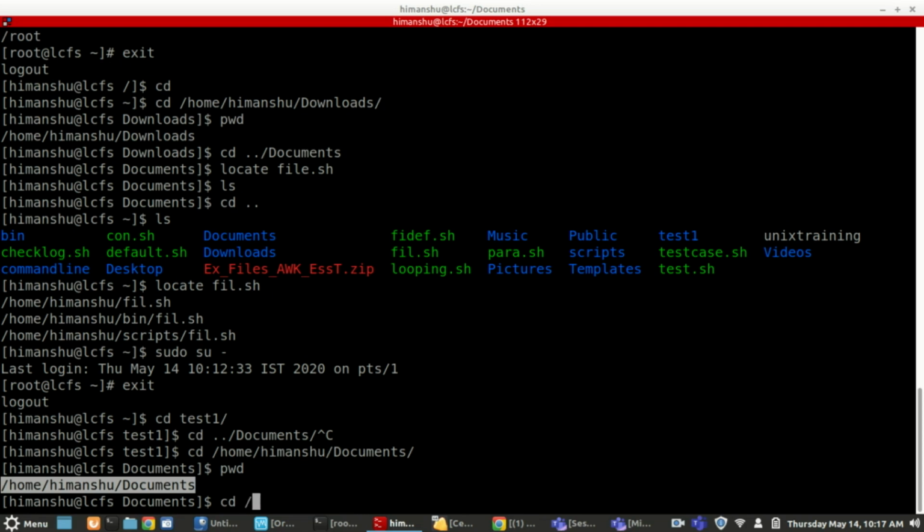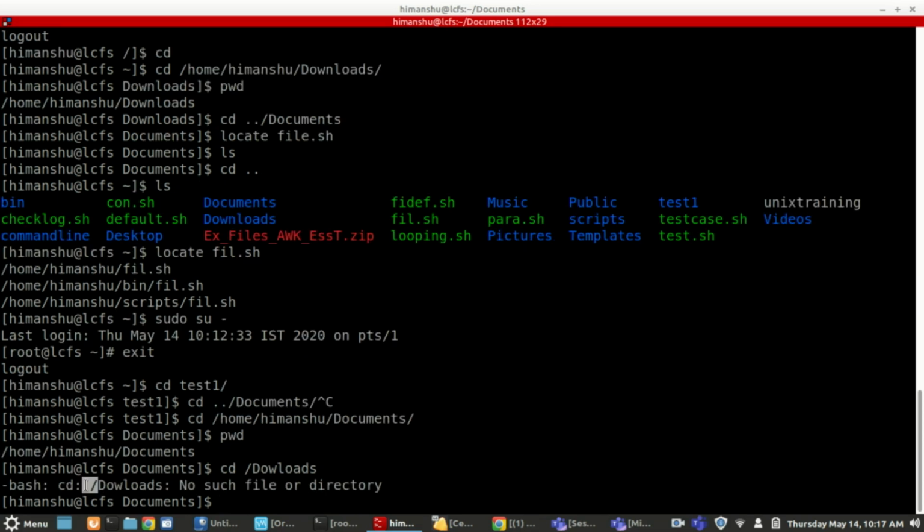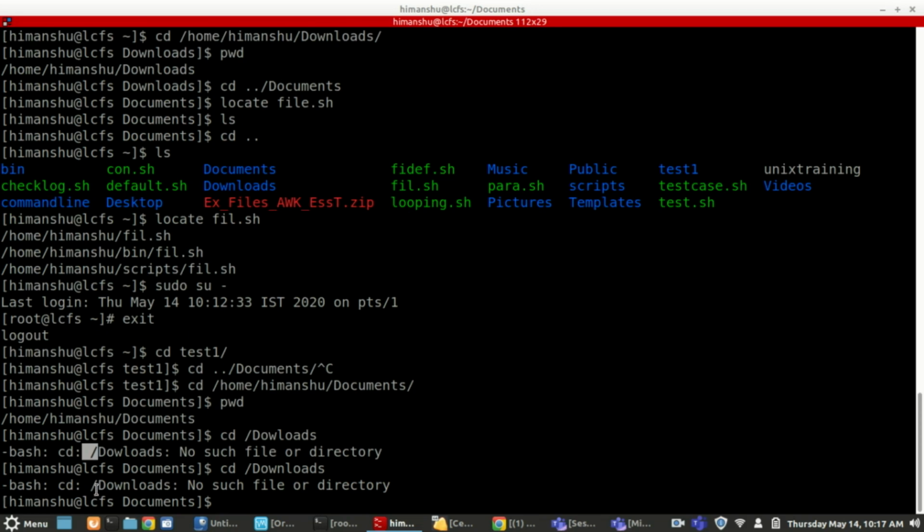If you just do cd downloads, it will search in the root. It will not search in your previous directory or the home directory. It is searching in the root to see whether any downloads folder is available there or not. So there is a difference between cd ../downloads and cd /downloads. Clear?